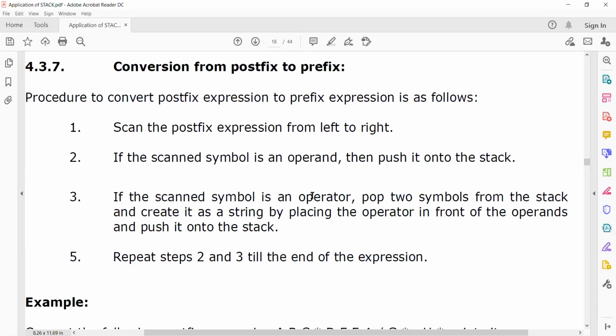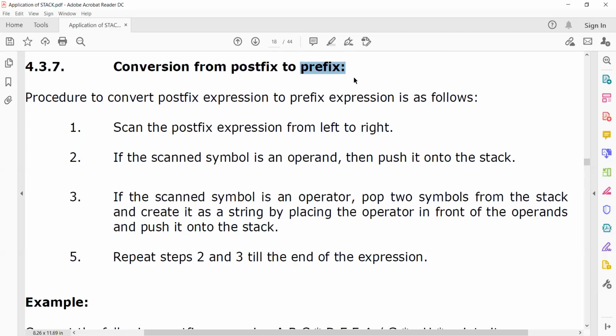Here is how we make the expression. You make it as a prefix. In prefix, the operator is in front of the operands, that you know.